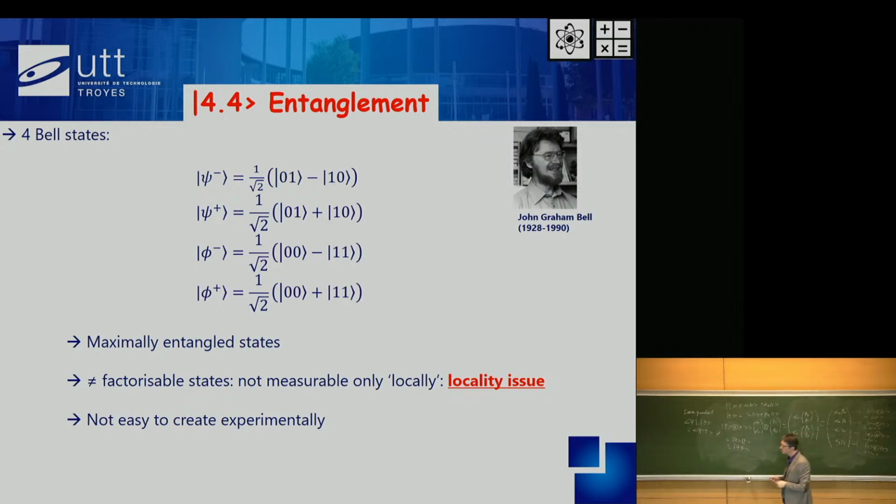So, the bottom line is that entanglement is not easy to create experimentally at all. It's very, very difficult. But once you do it, you're on for the race. And this is a very physical description. We will see next week and the week after that how we manipulate that in terms of computing, quantum computation,